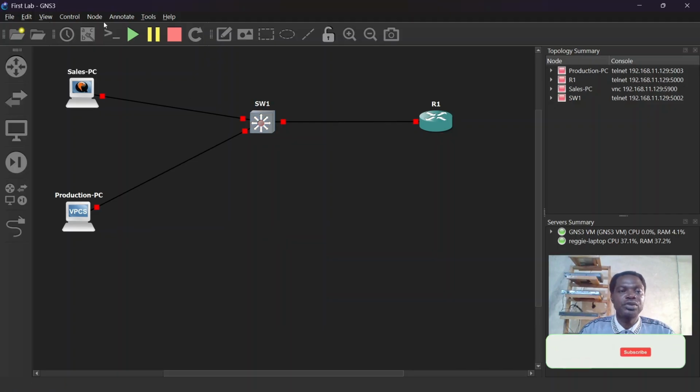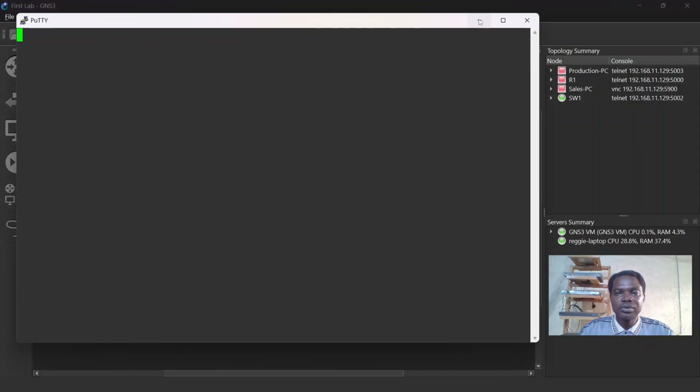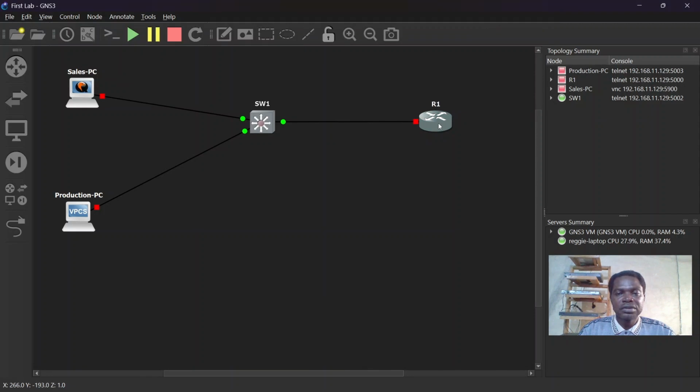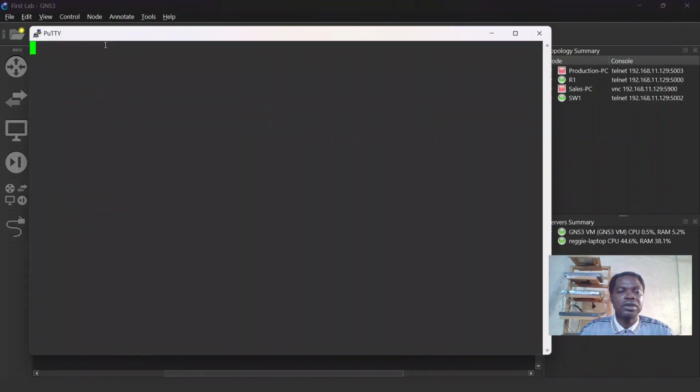And then I power on the switch. Click on console in line switch 1. Click on the router R1, I'll click on node, I'll start it. So I also console in R1.